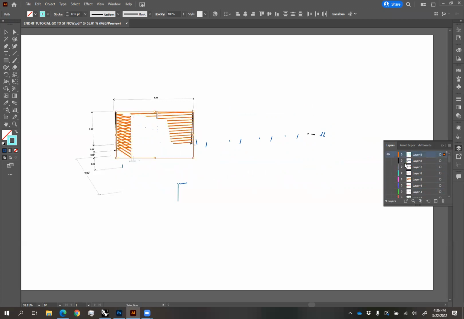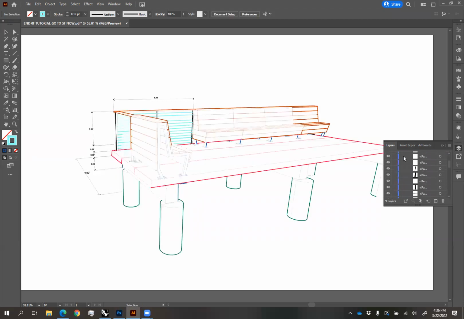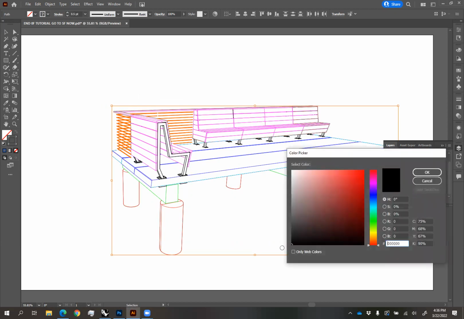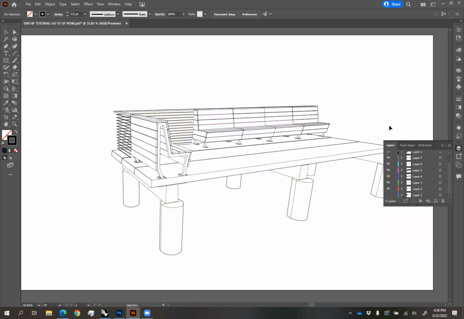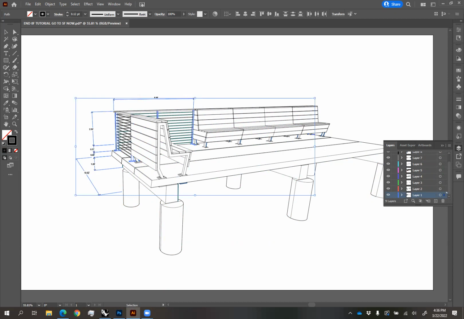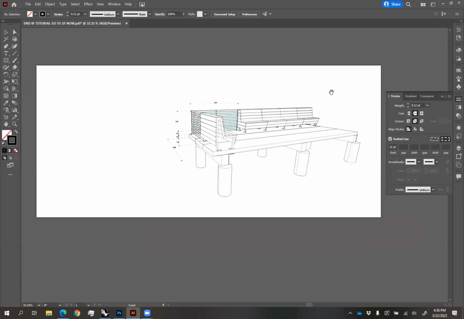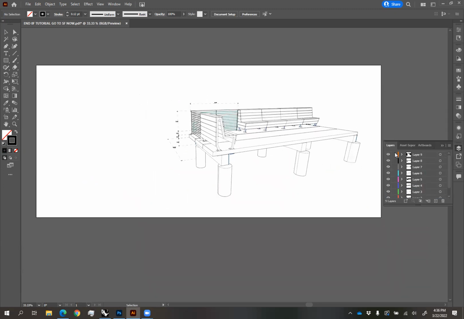So then the last step is, once you have everything sort of there, 0.5 black. So nice line work. If you have dimensions on there, you can choose the dimensions, give it maybe a nice dashed line effect or something. And then ideally you would do this probably in Photoshop. You can also do this in Illustrator as well,